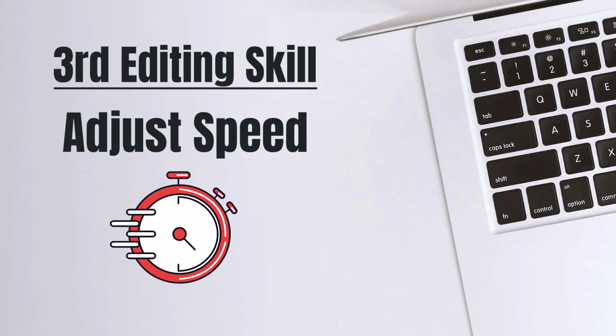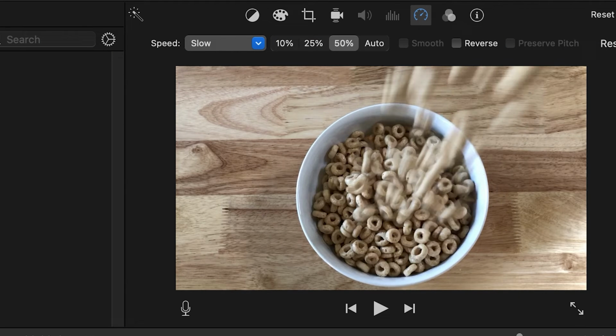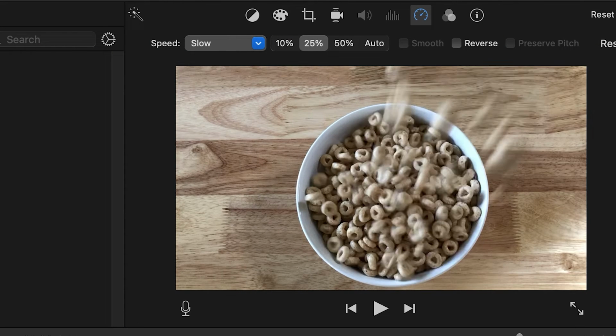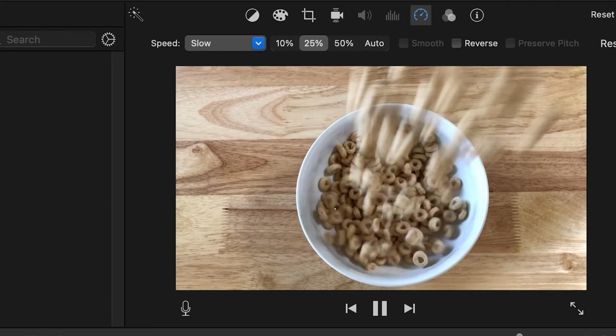The third basic editing skill is how to adjust the speed, and you may or may not need to use this type of editing, but if you want to go for a specific effect, you can either speed up or